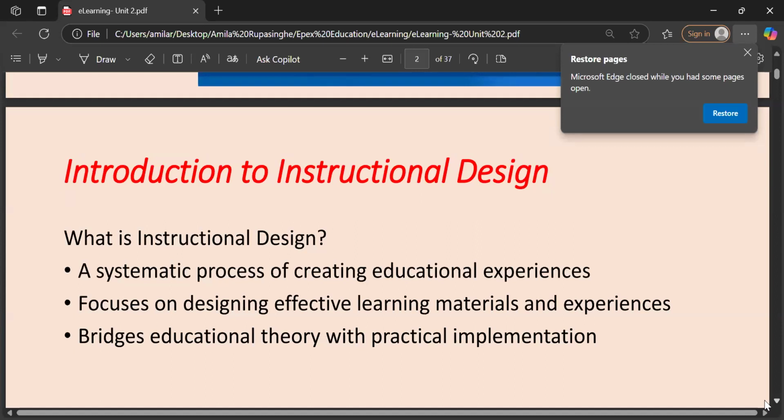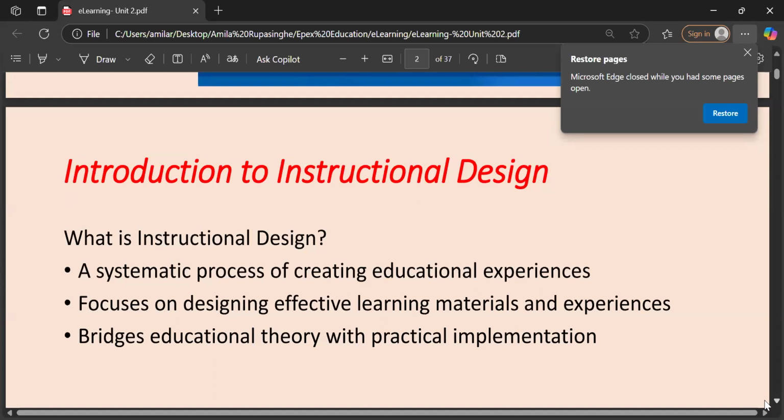As a teacher, you have to decide what kind of learning experience you are going to give to your students. Based on that learning experience type, you have to design your teaching methodology. Sometimes you might first design your teaching methodology, and then according to it, they gain their learning experience.